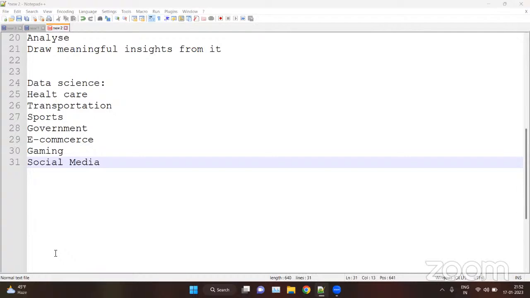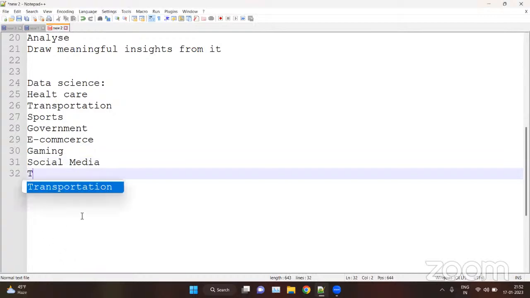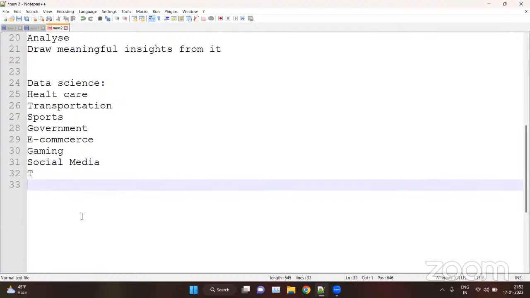Basically we can use data science everywhere. Where there's data, there's data science. There's huge demand for data science. We can use it in healthcare, transportation, sports, government sectors, e-commerce, gaming, social media, and many different domains. We use data science and data mining also. So let's list the top 10 applications where we can use data science.